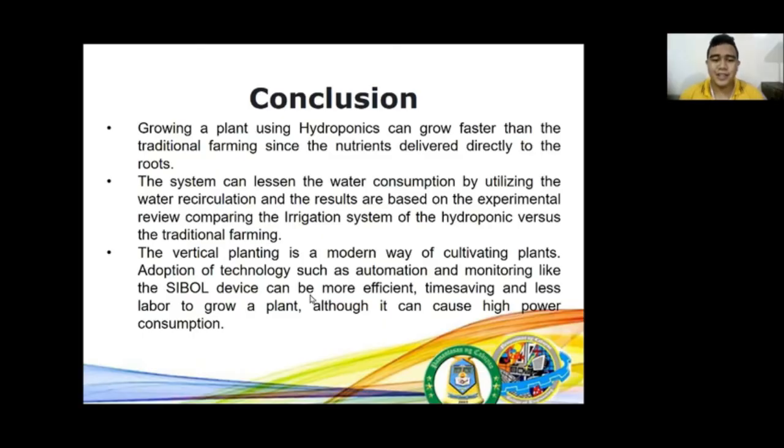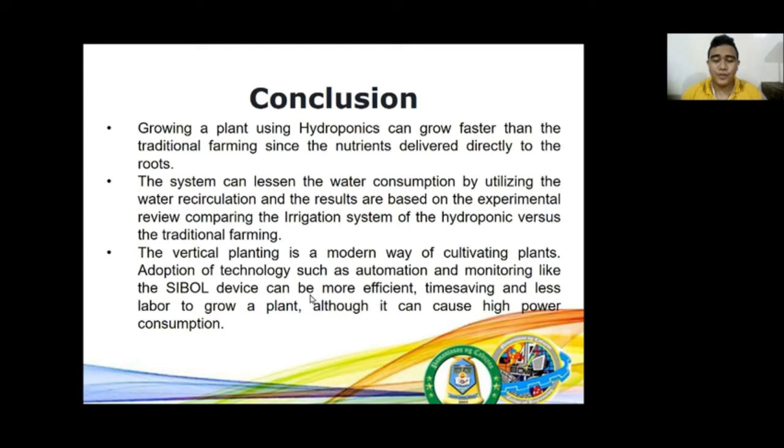As we end this presentation, we conclude that the design project aimed to sustain the needs of a plant to grow by providing water with nutrient solution and grow light, but too much light intensity and heat may affect the plants. Based on the experimental results comparing traditional farming and the hydroponic system, it can be concluded that growing a plant using hydroponics